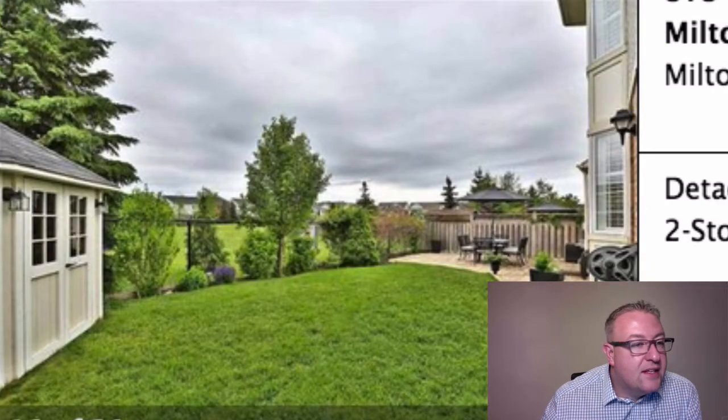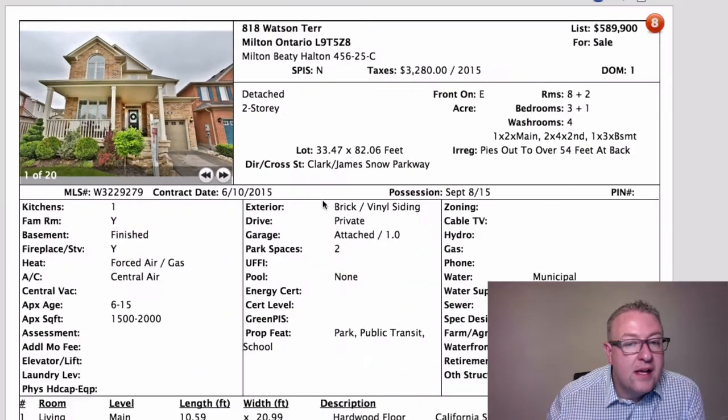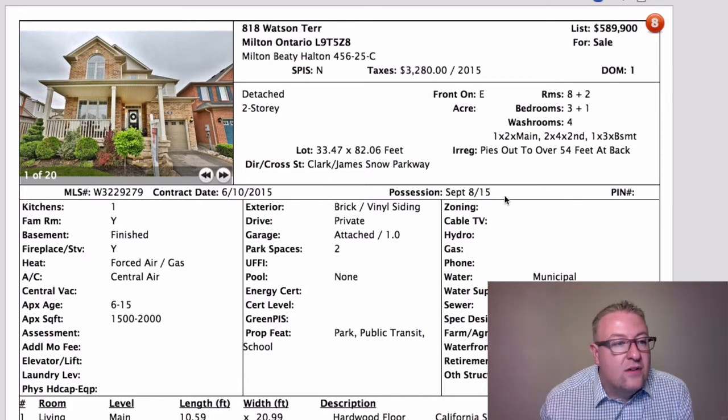So anyway, the other thing, it also backs onto, at 818 Watson, I'm going to guess the park. I was wrong yesterday. I said park, but then when I looked it up, it was the greenspace, the Union Gas Trail. So September 8th, 2015,